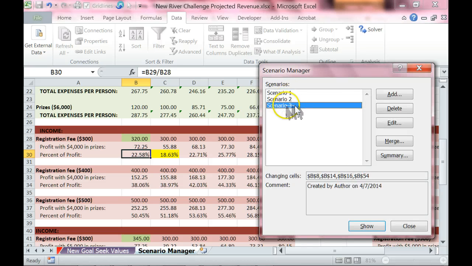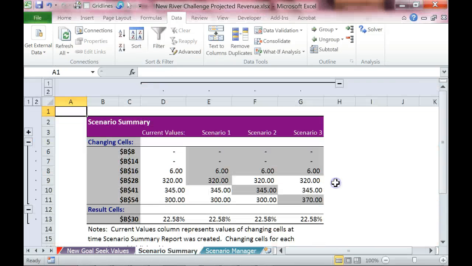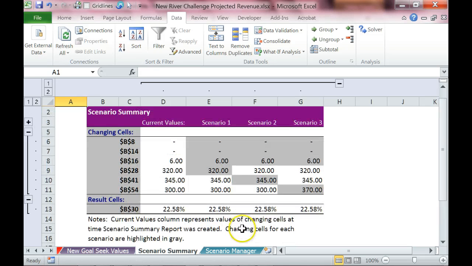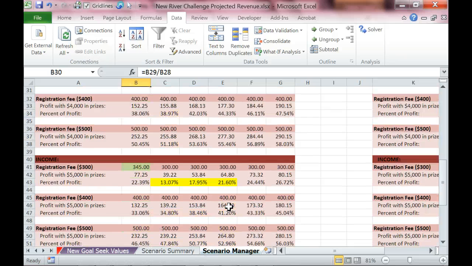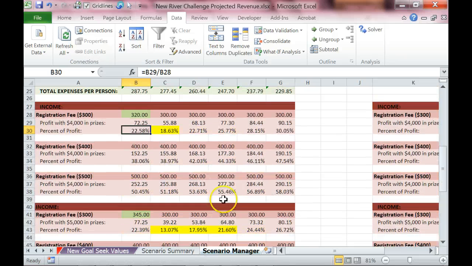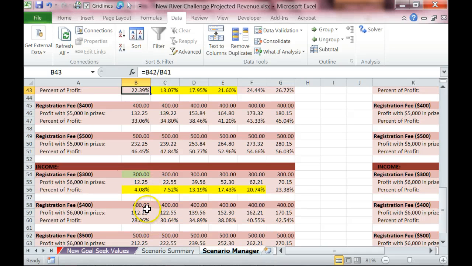And now you've got all 3 scenarios, and if you click on Scenario Summary and click OK, you will see that it's going to give you a summary here of all the things that you just did. Let's go back to Scenario Manager. Let's see if our amounts are at the right areas here. So we've got 2258, 2239, which is correct, and the last one was,